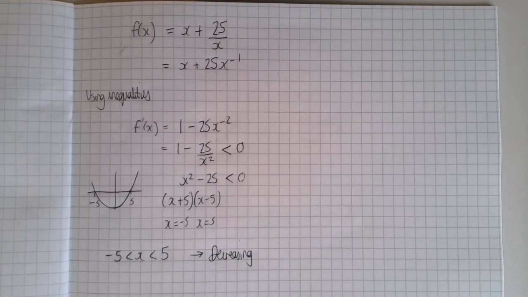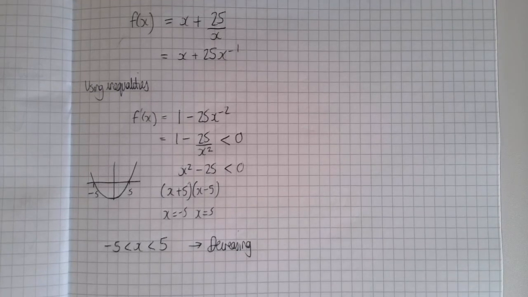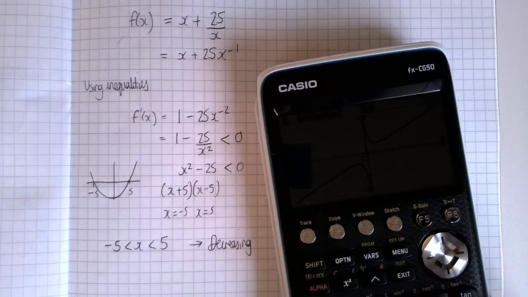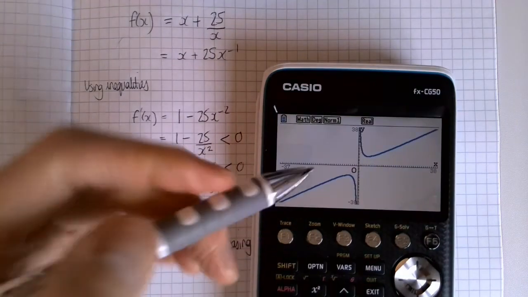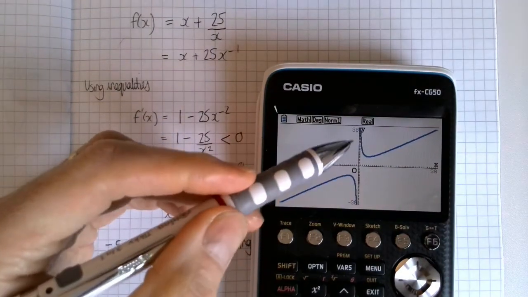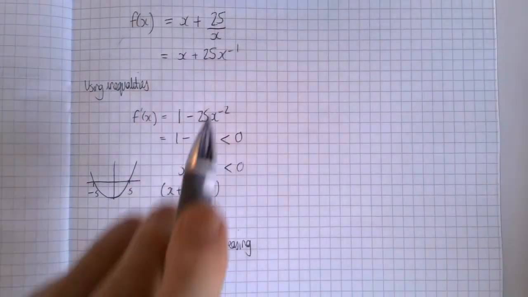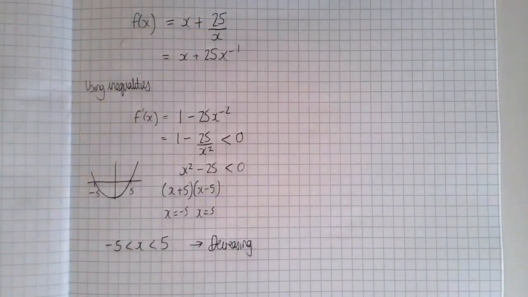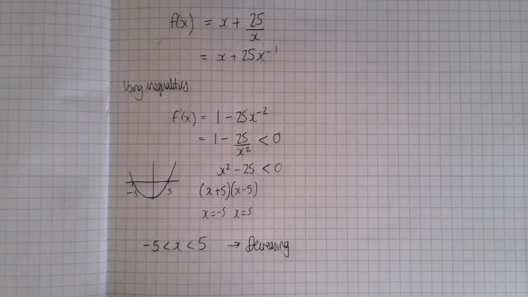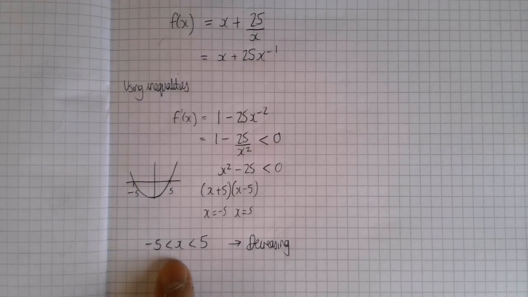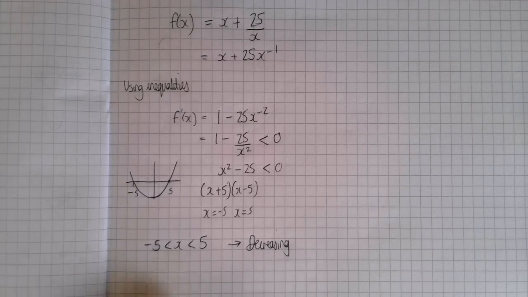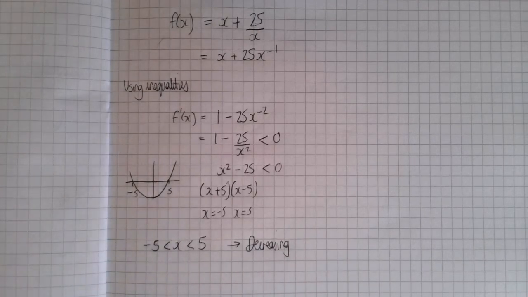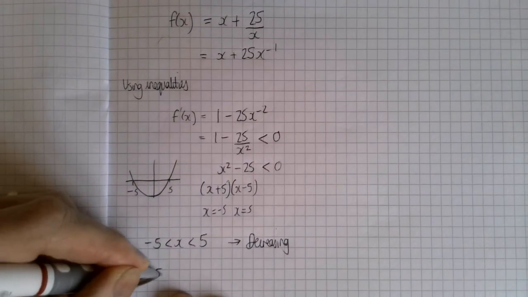Now, there's an extra little issue here, and you see that issue when you look at the graph, because this function isn't defined when x is 0. x can't be 0, and if you look at the original function, you see why. When x is 0, you'd get a math error, wouldn't you? Because you can't divide by 0. So actually, we can't have this range of values. It's not decreasing in this range of values because 0 falls in between those values and it can't be 0. So actually the strict answer to this question would be that